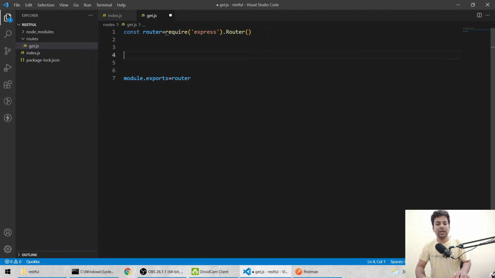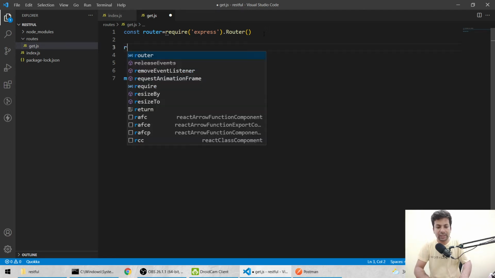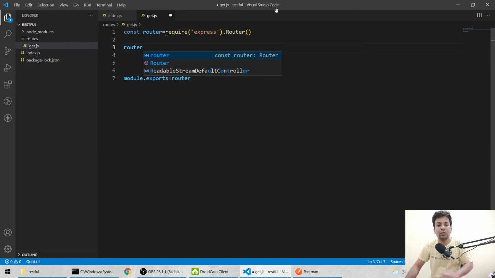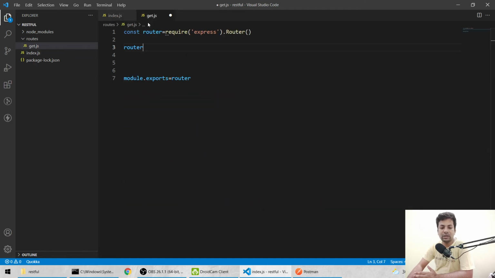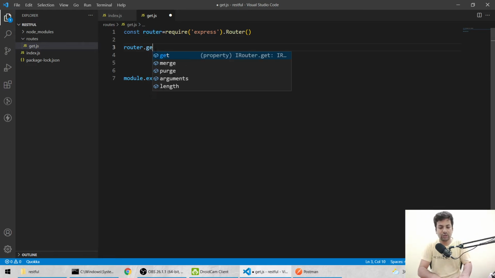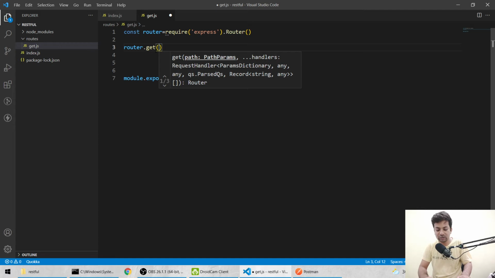So for the API, we'll say router. Because it's a router, instead of writing app dot, we say router. You can name it app also, but mainly router is the name used in the web development domain. So now we'll say router.get, so it will be a get request on the base.